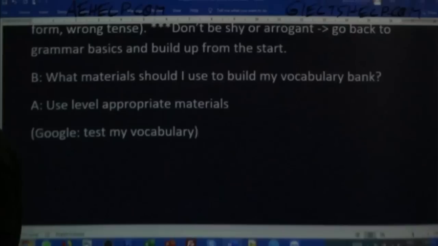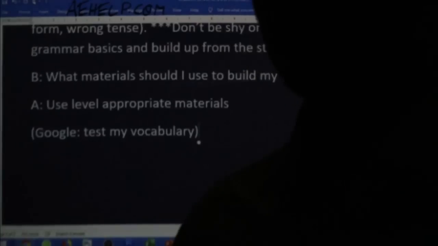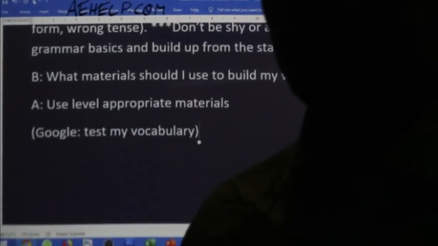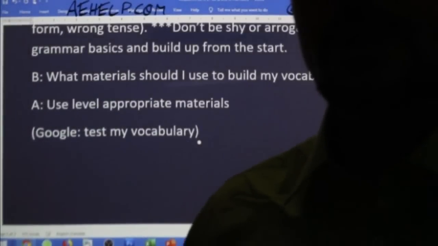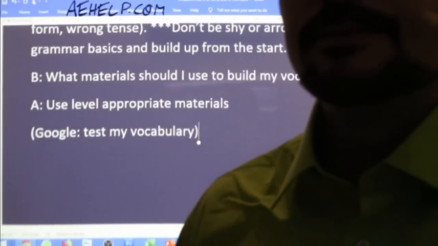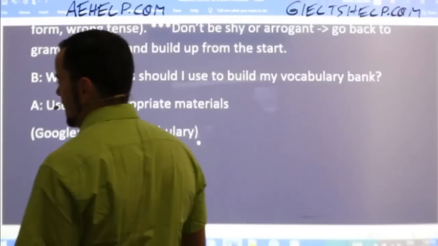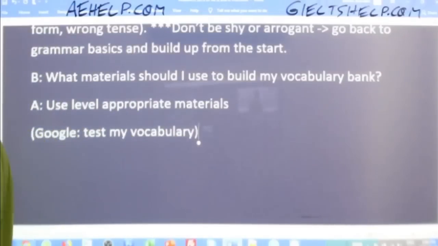Now, besides this, again, I'm not just simply trying to push our materials on you. I really want to give you quality answers. So use that. Aside from this, learning vocabulary is best done in context. Okay? So what do I mean by that? It's a good question. What does Adrian mean? Learning vocabulary is best done in context. What I mean by that